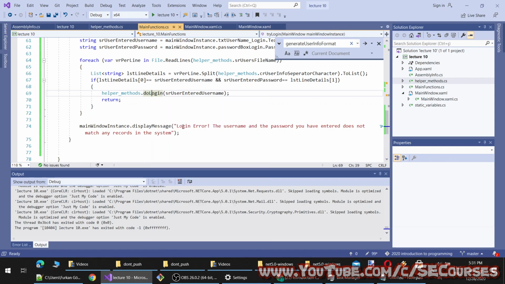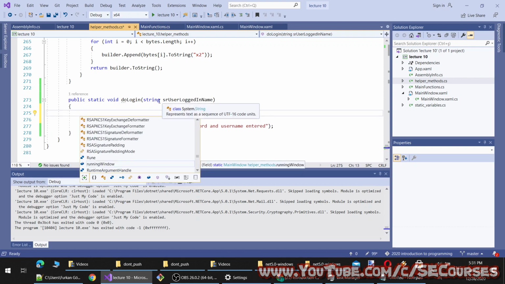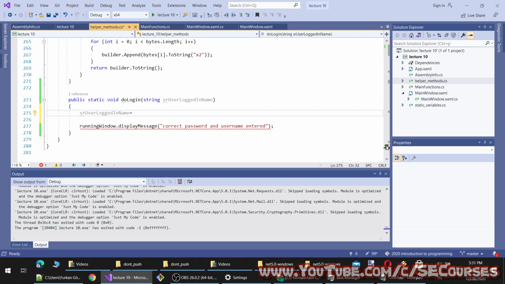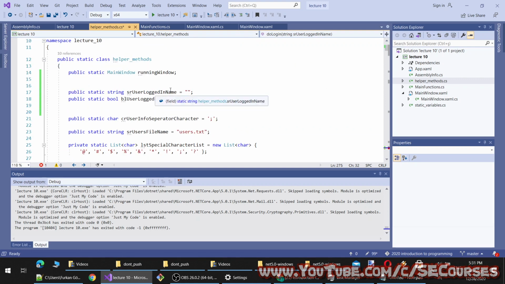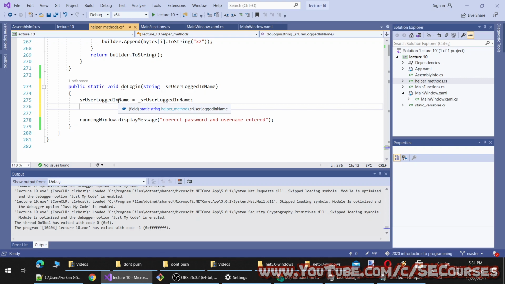So now I can code inside the login. What I'm going to do is I will assign this user login name as, okay, let's check it. You see we have provided the same name, therefore I'm going to differentiate them like this. Okay. And so this is the static field inside helper methods, and this is the parameter that is coming from do login, and there is user logged in true.